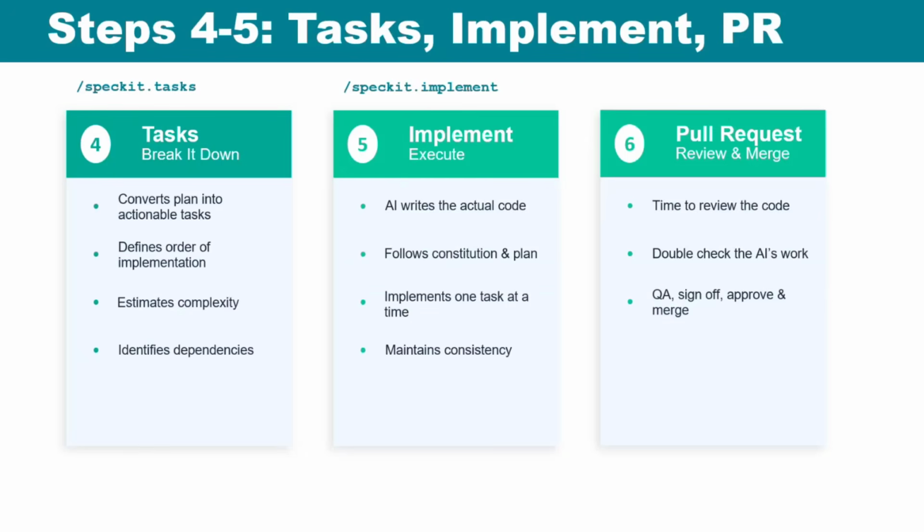And then once you've got the technical plan done and the specification done, the next part is the tasks, and it will take all those and convert them into actionable steps. It'll say, okay, in order to do this, I need to do these 10 steps. In order to do the next part of the story, I need these 22 steps or whatever it might be. And it creates this prioritized task list, and it will do it in order. It'll break it down into phases, and I'll show examples again here in a little bit. It'll define what the checkpoints are at the end of each phase.